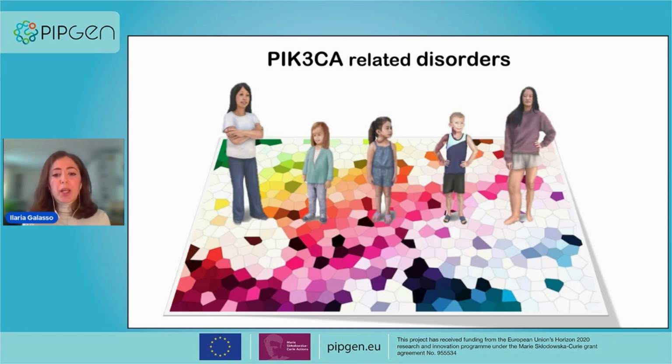consequences. We in the lab noticed that cells affected by this PIK3CA mutation show a different way of getting nutrients in comparison to their healthy sisters. In fact, they have a predilection for glucose that distinguishes them from the others. So now we have two objectives. The first one is to explain how this change happened in the first place. And the second one is to exploit this particular characteristic of the mutated cells to target them with a specific